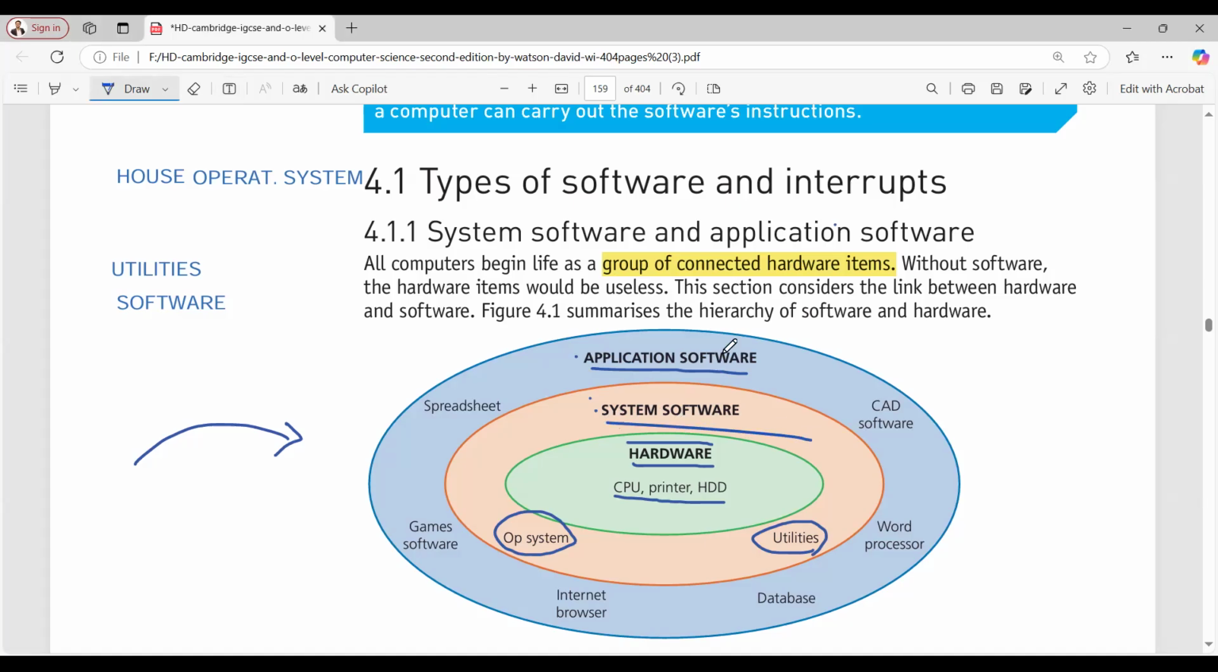You have all of your applications that you download maybe from the internet to your computer, right? Like for example, you can take an example of a spreadsheet. You have your games, you have your softwares, you have Microsoft Office, you have internet browser, you have the database, you have the word processor, you have the computer aided design softwares. तो ये सारे एप्लीकेशंस में आ जाएंगे।